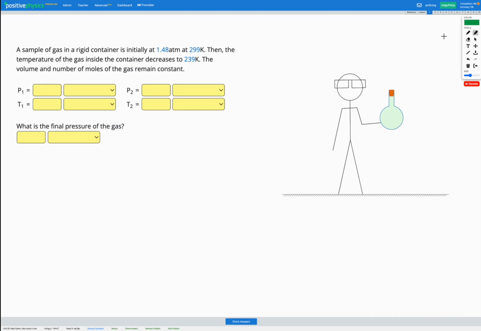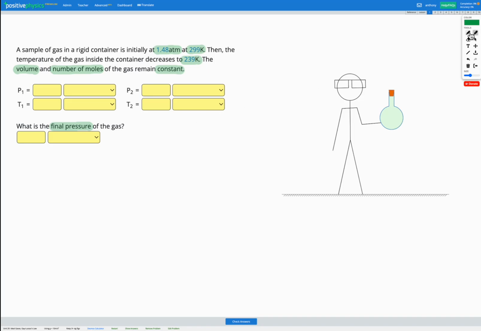In this question, we have a sample of gas in a rigid container. It's initially at a pressure of 1.48 atm and a temperature of 299 Kelvin. The temperature of the gas inside the container decreases to 239 Kelvin. We're told the volume and number of moles of gas remain constant, and we're looking to find the final pressure